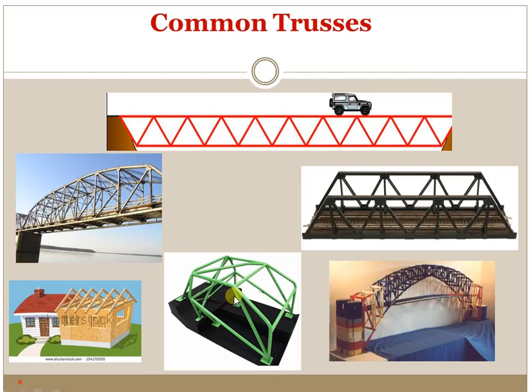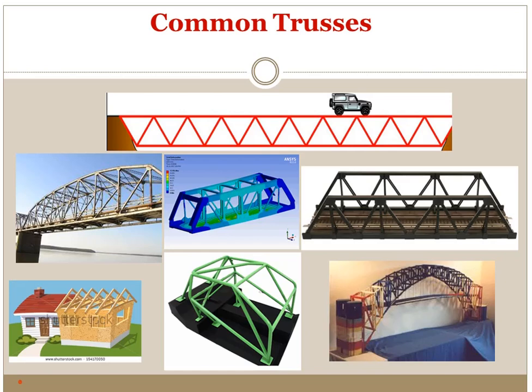Then here is the second example. The truss can also be used for the chassis of an automobile. So this is one example. Here this is the roll cage of an SAE Baja vehicle. It is also an example of truss. A home roof is also an example of trusses. So after applying the loads on the trusses, we are going to calculate the deformation and stresses developed in trusses.